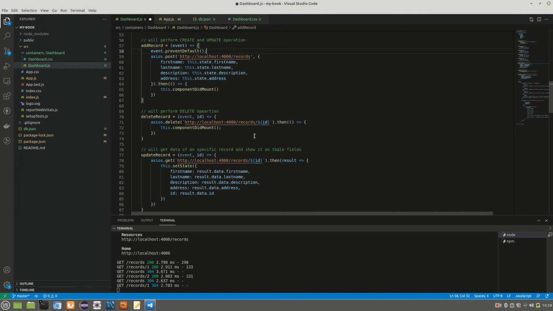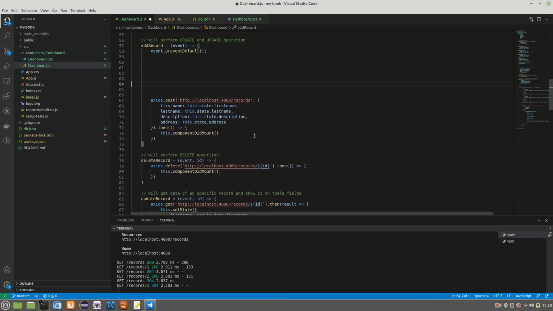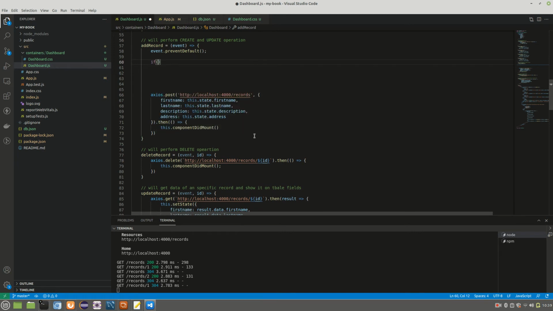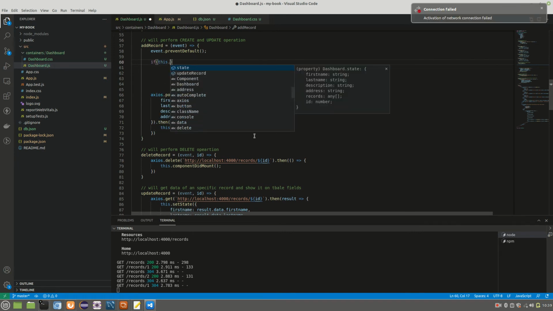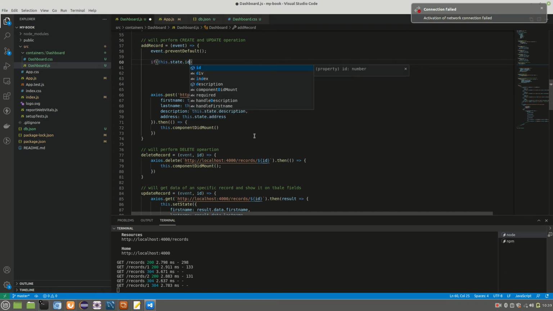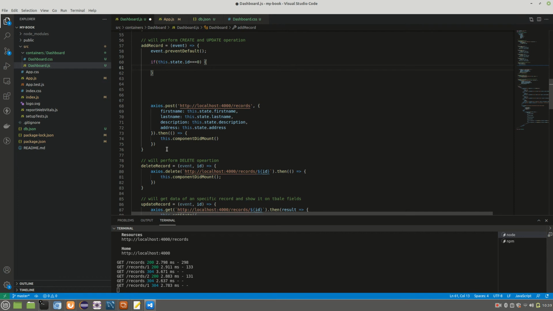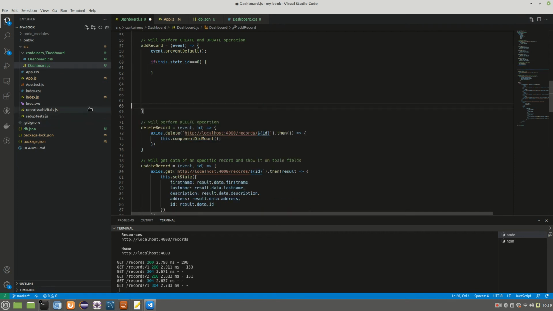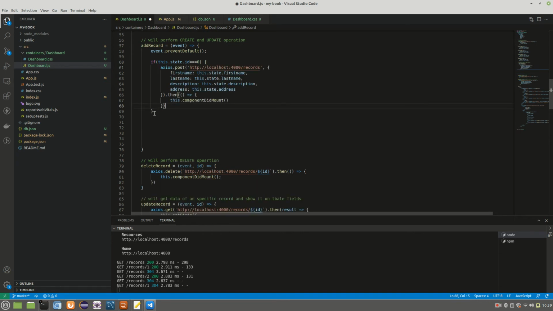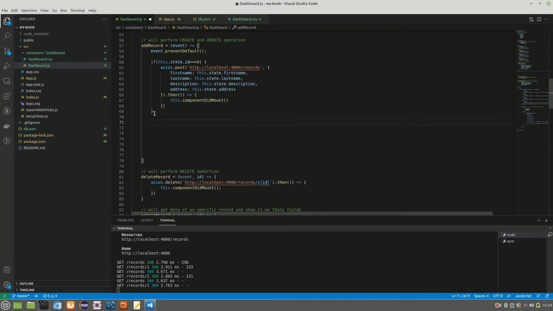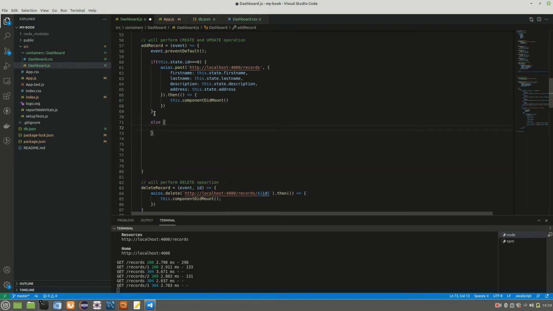I'll give some space here. So this is also now condition based. If this.state.id is 0, it's a very simple logic, that means we are going to add it for the first time, then we'll apply this change. I'll just copy paste it there. Else, if it is non-zero, then what we'll do,